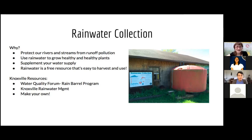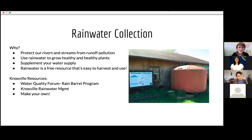And yeah, it's pretty easy to harvest and use. I wrote down a couple of resources that you all might want to look into. The Water Quality Forum has a rain barrel program. I'm not sure where they're at with it. I just checked in and it seems like they're full, but I think they allow you to submit an application or a request to know when the program will be up and running. I think that's a really affordable option for